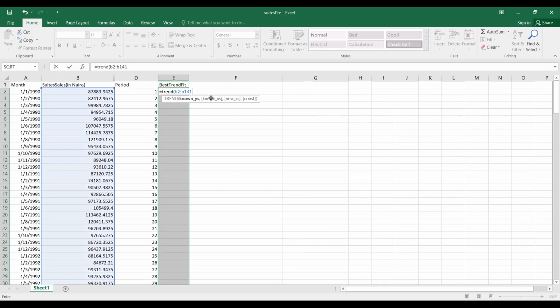Okay, we are not done. We close the bracket and then C, that will be D. This is what we have selected. You can see this has automatically turned to blue. Then the next one here is the period that we created, which is our time. That's the time predictor. And this is column D. So D2